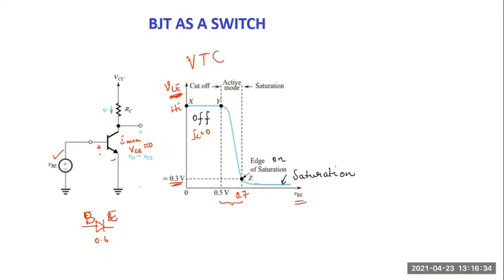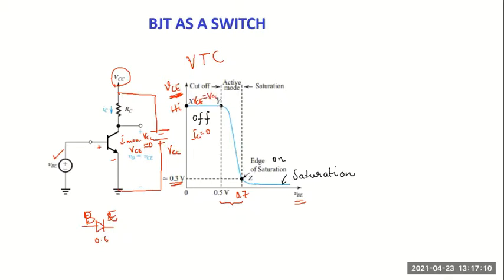You see, when the transistor is working like a switch, for input voltages less than 0.5, the switch is off. The transistor is off. And when the switch is off, there is high voltage across the transistor. This transistor voltage will be equal to this voltage. I told you VCC here means the power supply, the way VCC is connected, the meaning of this arrow. So all this VCC will appear across the collector emitter junction. Here VCE is equal to VCC.